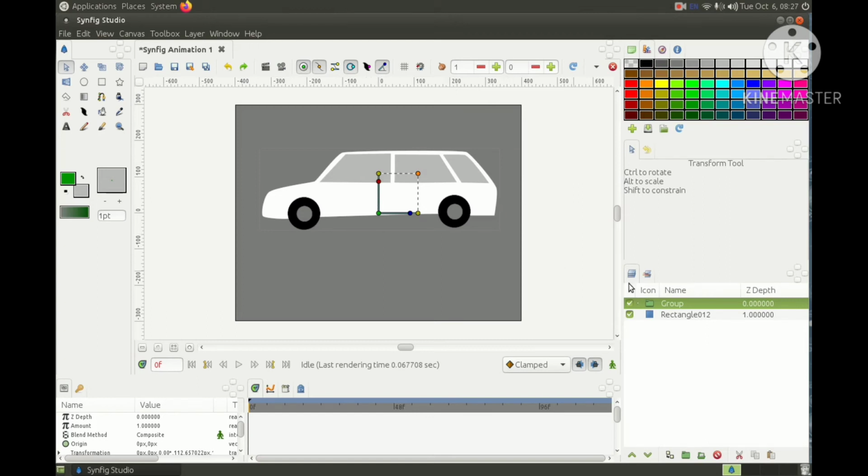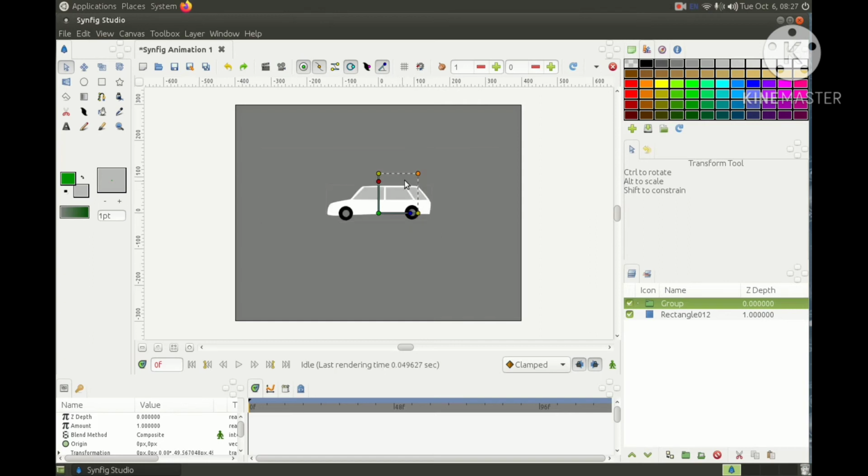Second thing, after creating the entire car, we have to make a group. Why? Because when we run this car on a specified path, all the elements must be grouped together, right? So we can resize it like this.